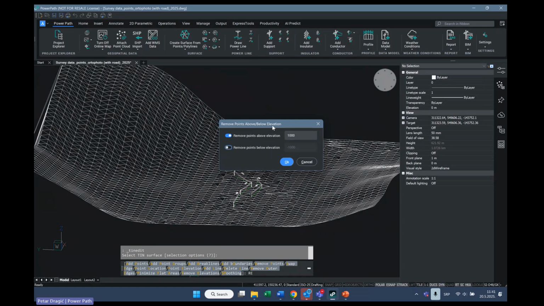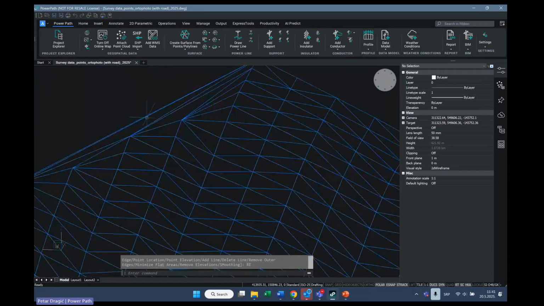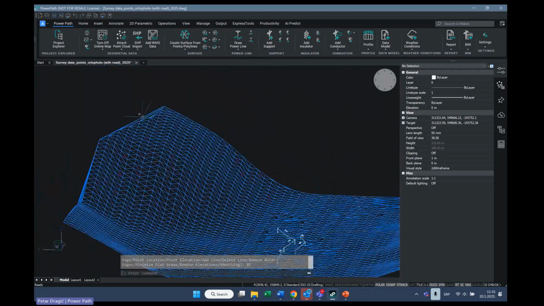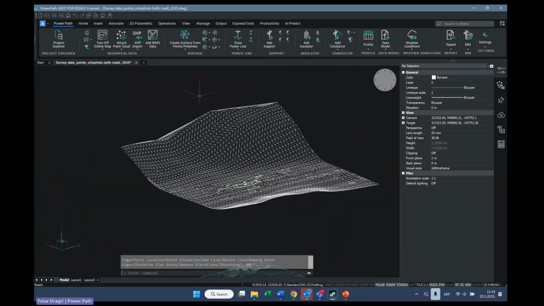For example, let's remove all points which are above 1000 meters. When I press OK, you will see that those points are removed. I will show you another example where it can be really useful, because now it's also possible to create a surface from cropped attached point clouds.